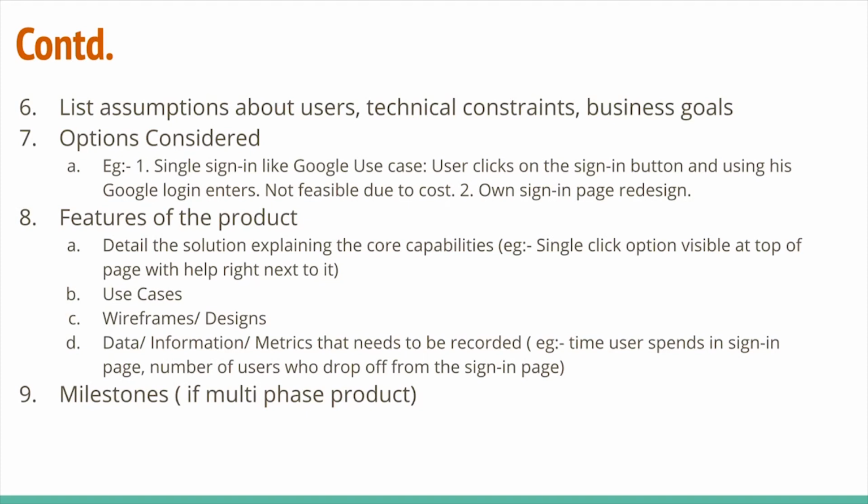One, I can use a Google login so that users can just use it and sign in using Google. Or 2, I can do my own sign-in page with my own technology. Now the pros of the Google sign-in is, of course, it's faster, right? And it's easier to implement. The downside is maybe there is a cost factor to it, because as the number of users increases for my platform, I may have to pay so much amount to Google.